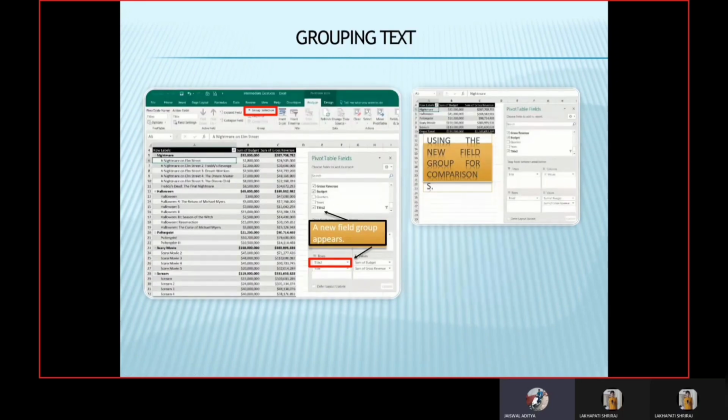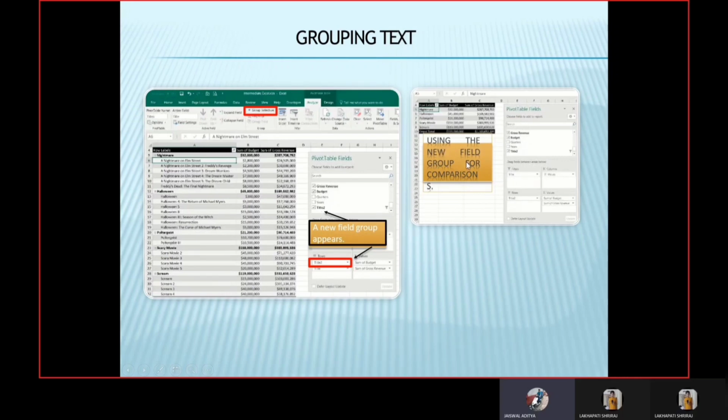Moving forward, grouping text. For grouping text, again we have to follow the same steps. We have to go to the Analyze part. Over here, we have to click the option Group Selection. After pressing this, the PivotTable Fields table opens. Over here, a new field group appears, Title 2. We can see over here.